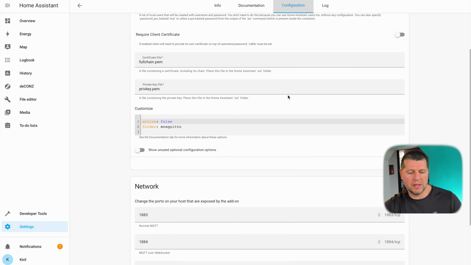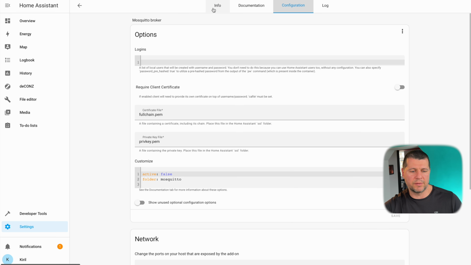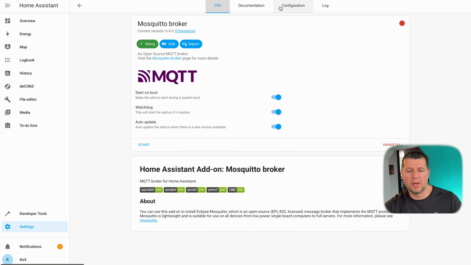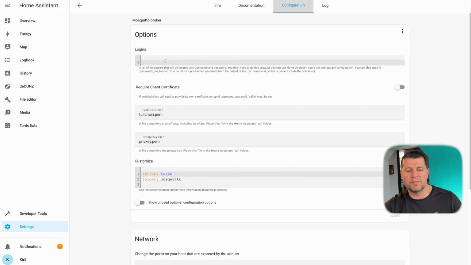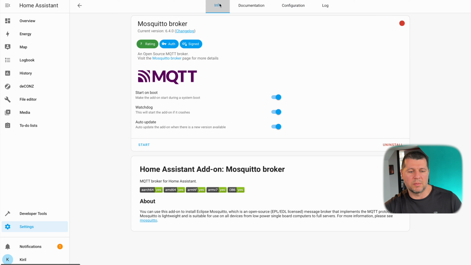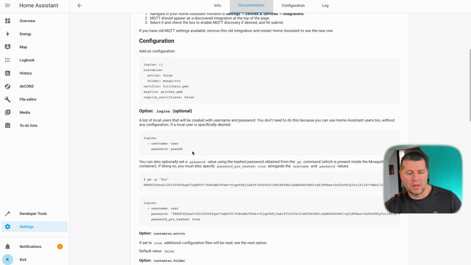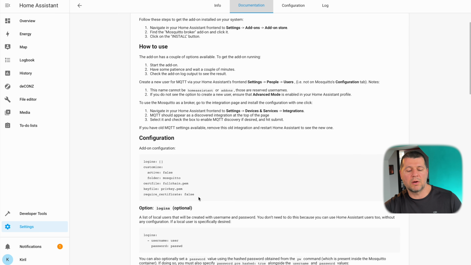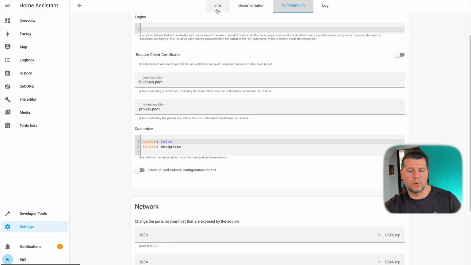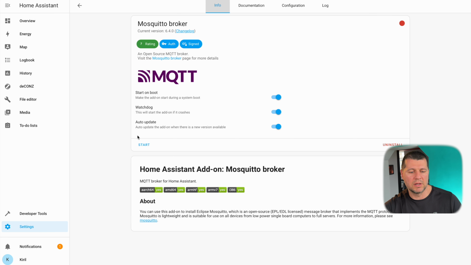If I remember correctly, there is nothing to configure here. You can use the default configuration and you can log in to your Mosquitto MQTT server with your Home Assistant username and password. If you don't want to use them, you have to define other logins here and a password. Everything is well described in the documentation. As you can see here, username, you should define your username here and a password in the configuration. That is only required if you don't want to use your Home Assistant username and password to connect to the